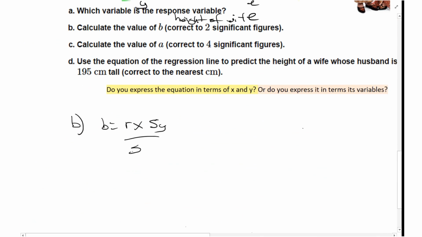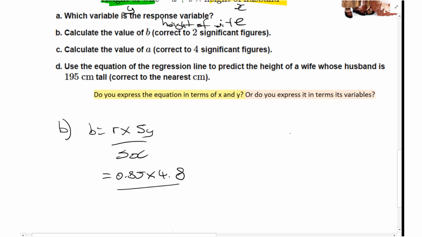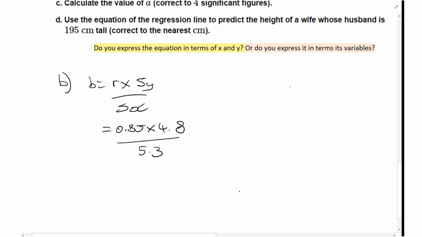That's equal to 0.85 times 4.8 over 5.3, because that was what we've got there, and that will give you a value of